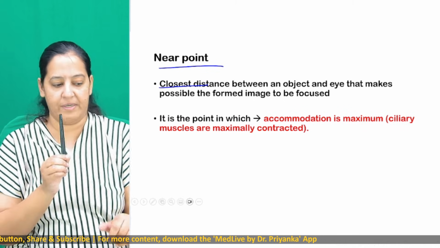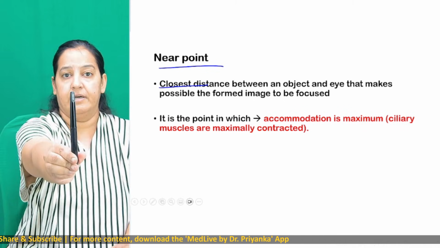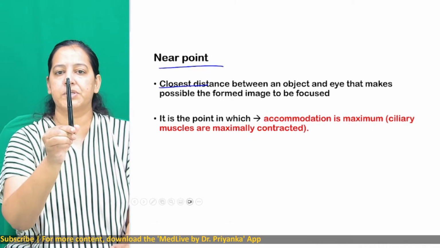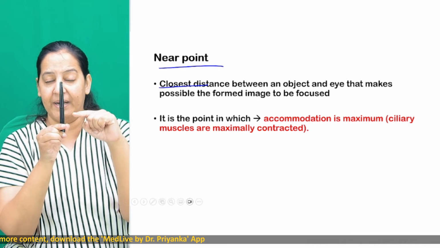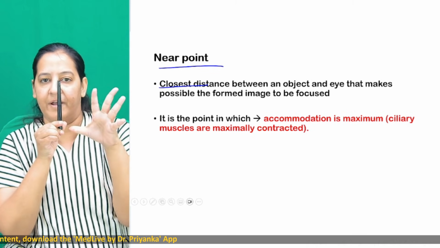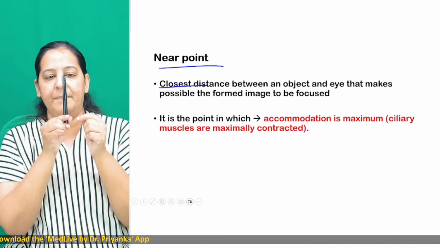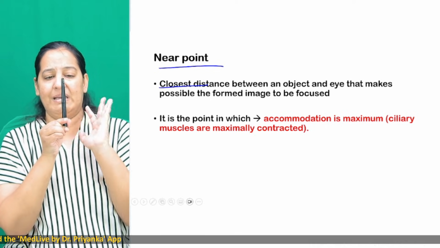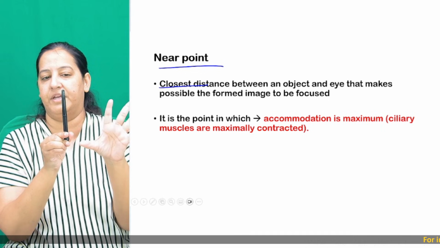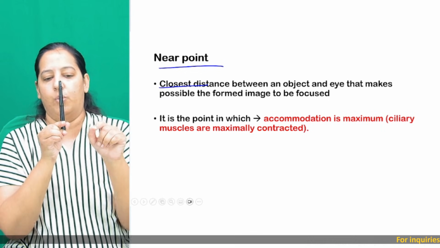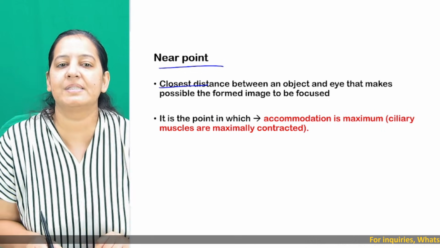You can do the experiment on yourself. Take any object and bring it from infinity closer and closer. Up to nearly 25 centimeters, you will see it clearly. But nearer than 25, you will see a blurred image. Do it now. The image will be blurred or diplopic. But here, I guess this is the point where I can see a perfect image. Beyond this, it's not perfect. So this is the closest distance.